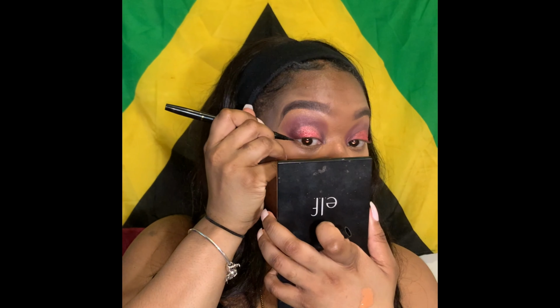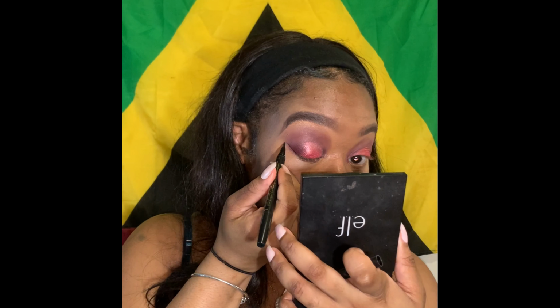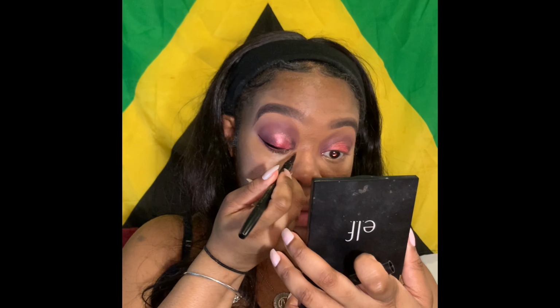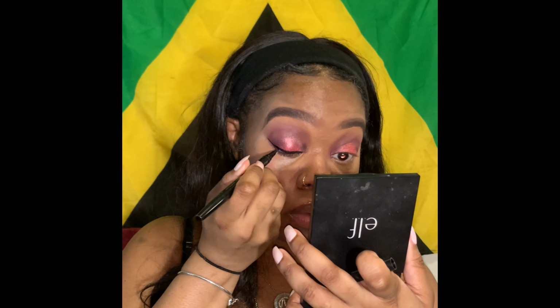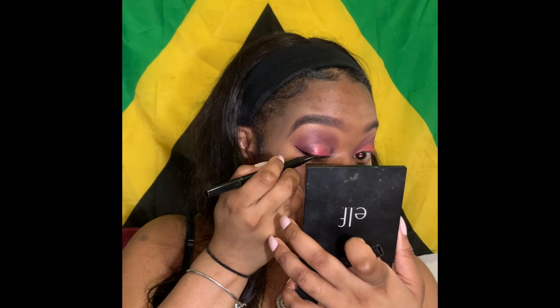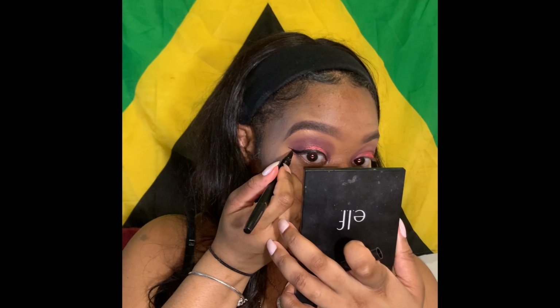Now we're gonna go in with our foundation, and we are using, oh, actually no, we're going to finish the eyes, and we're going in with the eyeliner from Tarte. That is the Tarte eyeliner, the Tarteist eyeliner, double-sided. And I'm just gonna make a nice little wing, nice small wing, well, small exaggerated wing I should say. And we're just going to keep that going,